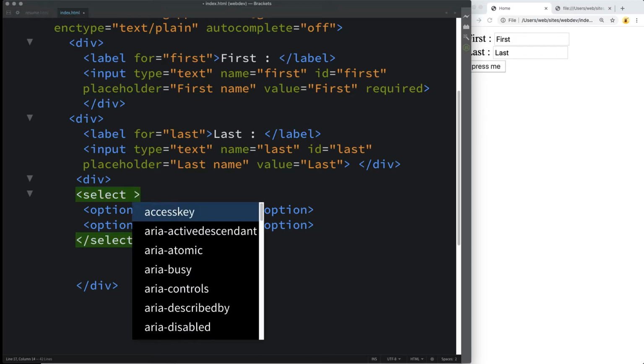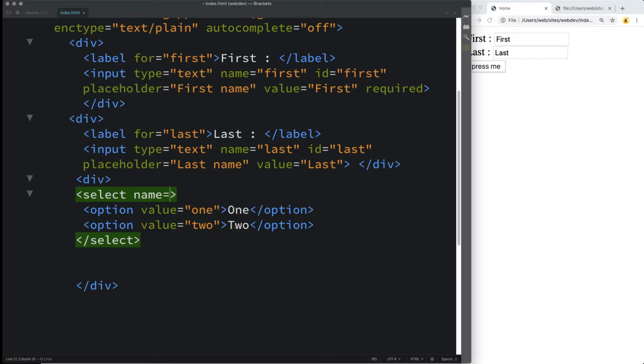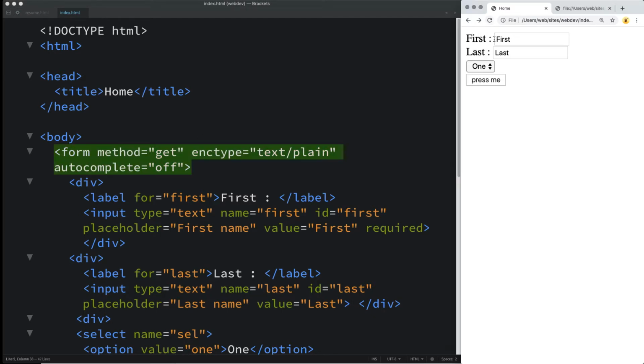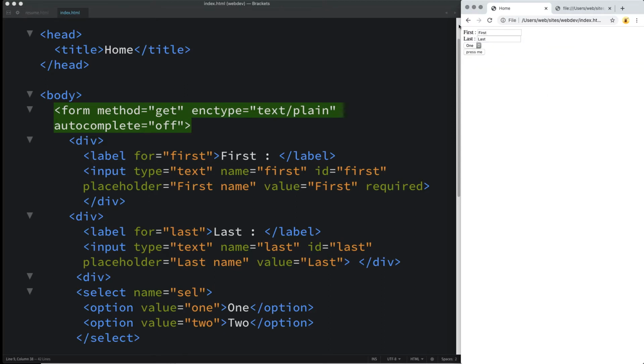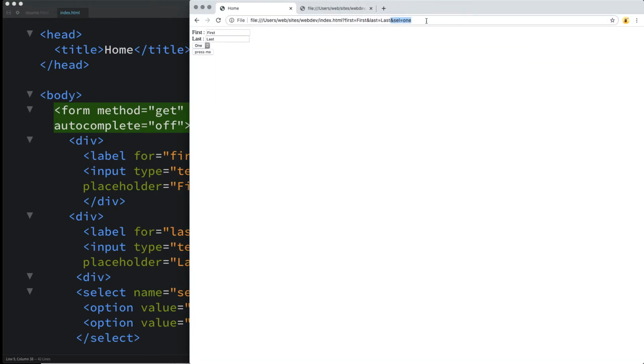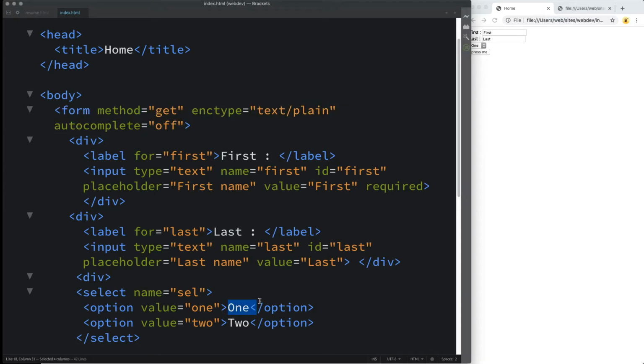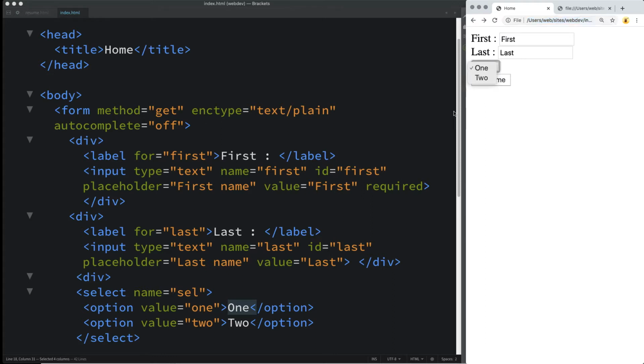And also the select, in order for us to process it, it should have a name. So I'll just call it the select cell. I'll update and I'll remove out the action, update this back to get, and do a refresh on it. So this is our option drop-down list, and depending on the browser, depending on the machine, it might show up slightly different. And the drop-down list, the first one by default is going to be checked. And if we hit the submit, and because we did a get, see the value for SEL is equal to 1. So it's actually taking the value from the value attribute as opposed to what the visual text is for the user, what the user is able to see in the drop-down.